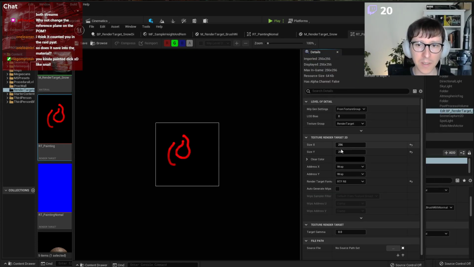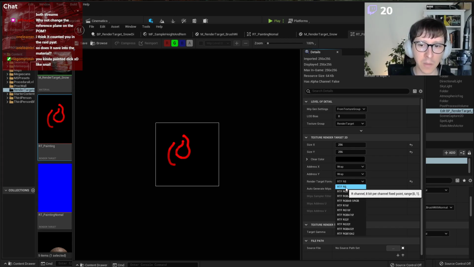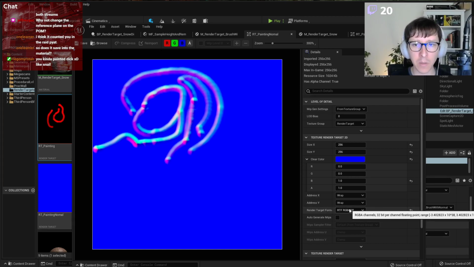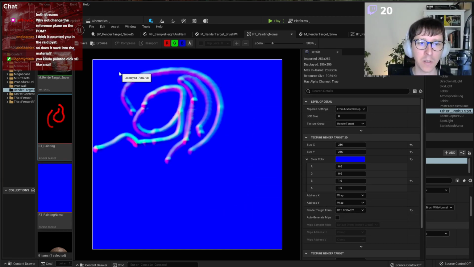You specify the size and the format, which is very important. Red 8 bits, and for this I used RGBA 32 bits float, so it also supports negative values. It's very heavy, but it was necessary. And yeah, clear color is the default color. And then